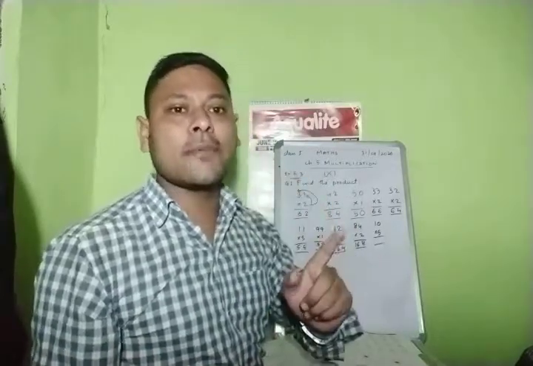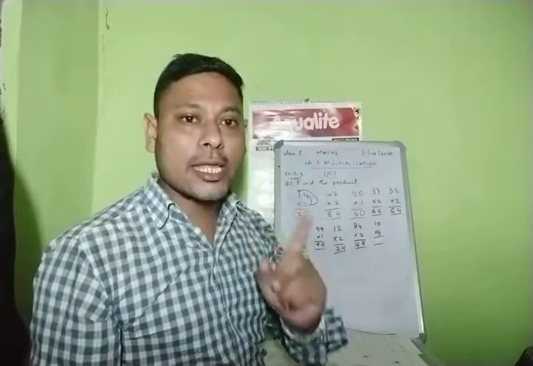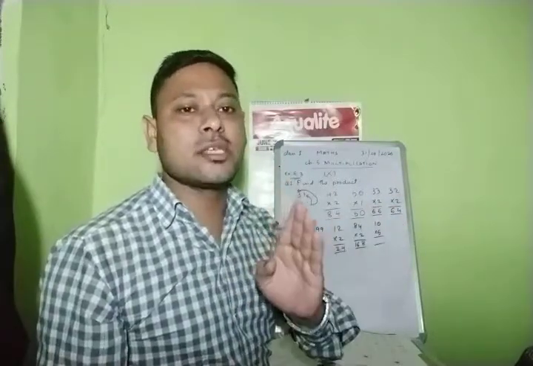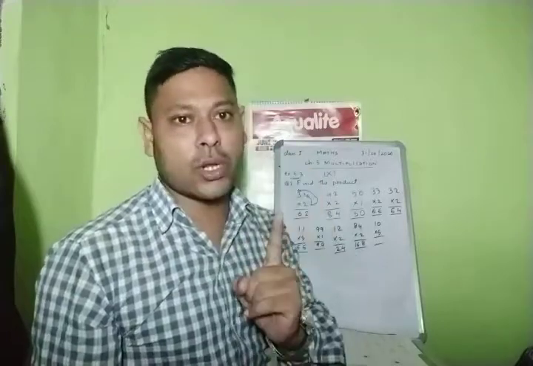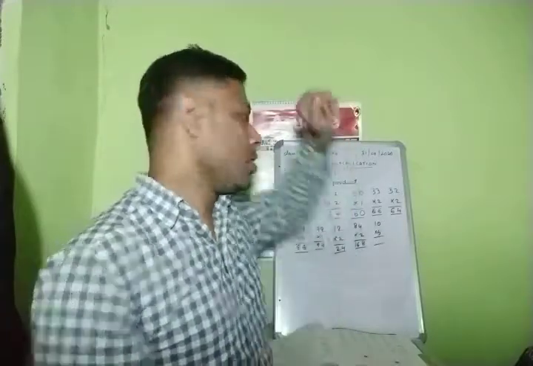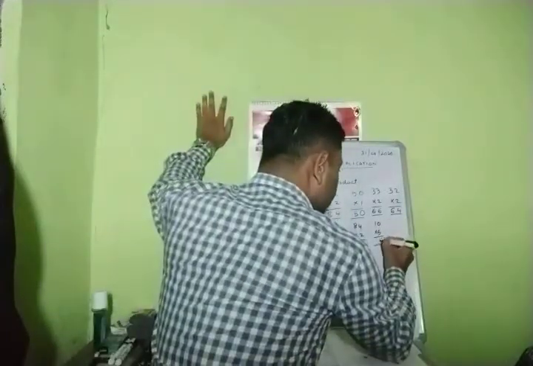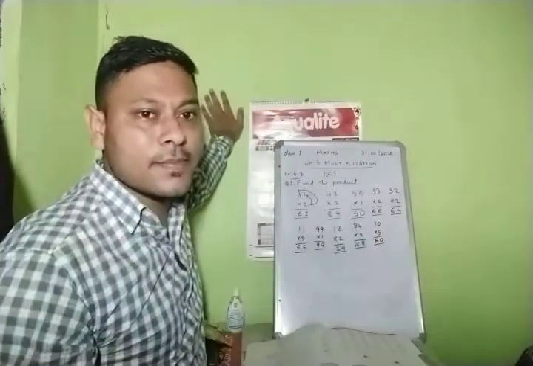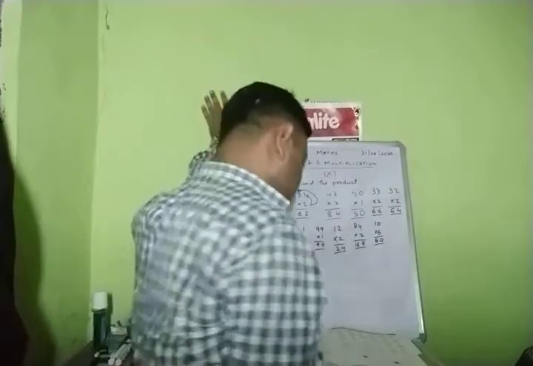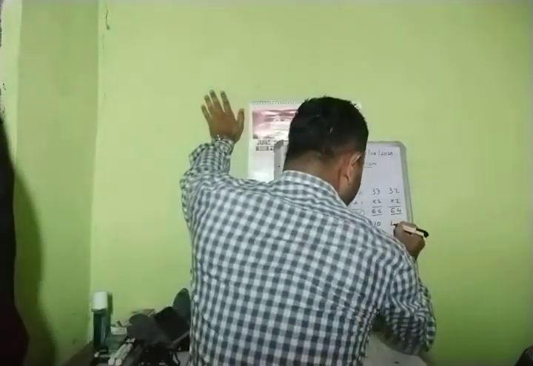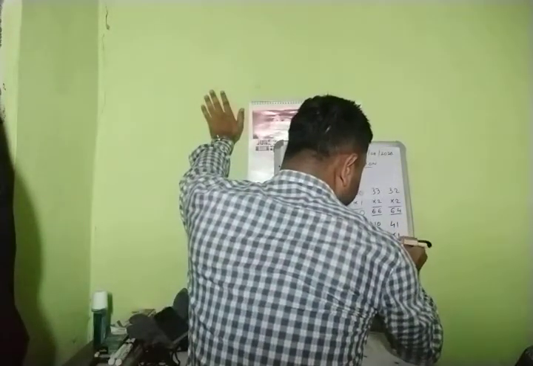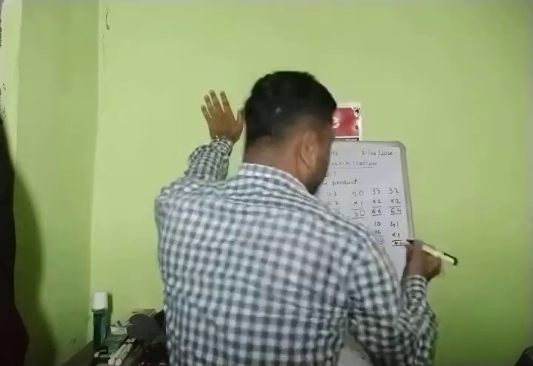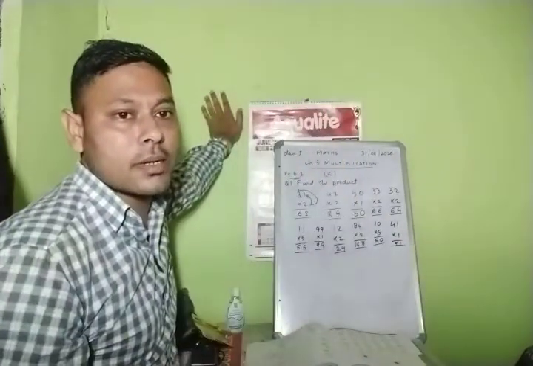Because at that time I told you that any number when you multiply with 0, the answer will always be 0 only. Always 0. So 5 zeros are 0. Then 5 ones are 5. Simple. Okay? So next question, 41 into 1. 1 ones are 1, 1 fours are 4. 41. Done?